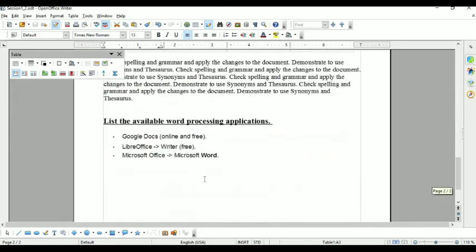First application name is Google Docs. This is online and freely available. Second is LibreOffice Writer, or you can say Apache OpenOffice Writer. Here we are using OpenOffice Writer in place of LibreOffice. And third one is Microsoft Office, in which there is Microsoft Word.